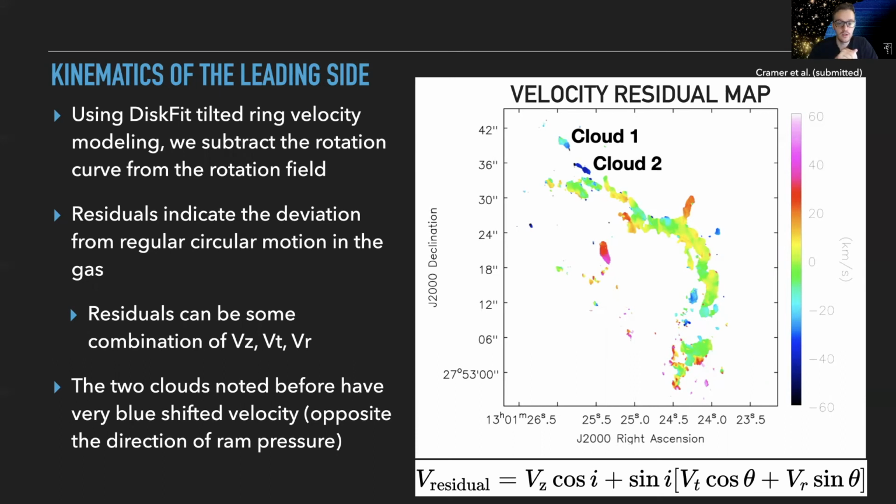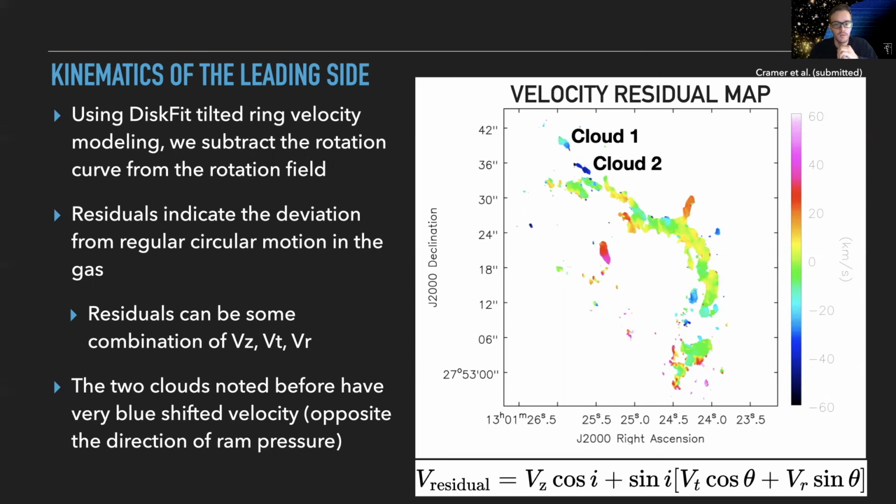However, it could still be some combination of a blue shifted vertical motion back towards the observer, or it could be due to slower azimuthal motion. Now, we can rule out azimuthal motion in this case due to both simulation and basic physics, in that typically in simulations, gas at outer radii that's being pushed by ram pressure actually has increased azimuthal motion as it's pushed back towards the disk due to conservation of angular momentum. So we should expect these clouds, if they were actually rotating with a different velocity than predicted by the circular motion, to be rotating faster.